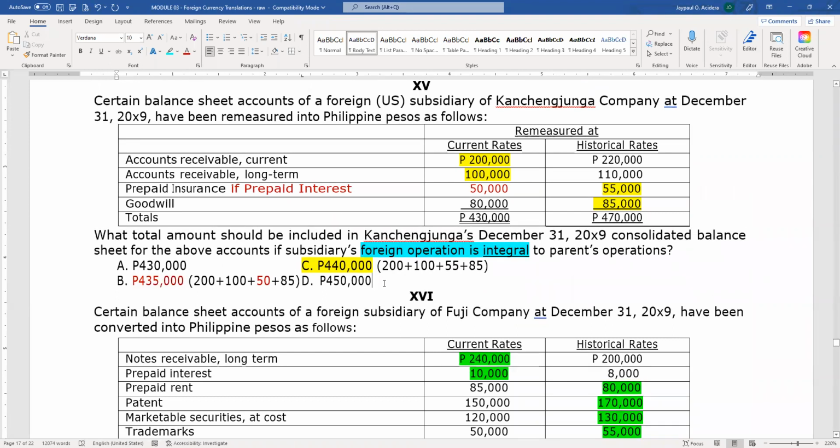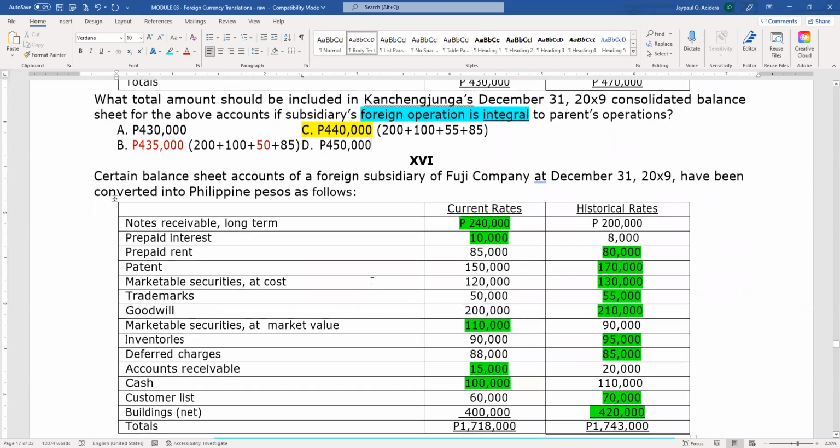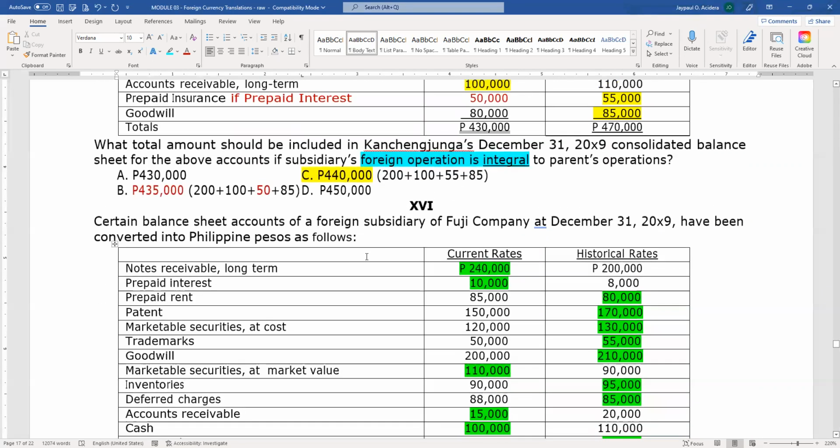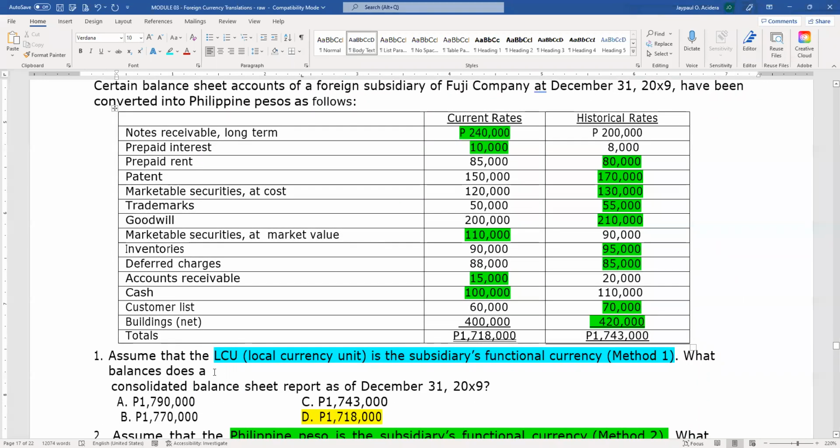And so that's one way to identify kung method 1 ba or method 2. Another way, class, minsan hindi nila sasabihin na foreign operation. Minsan ang ibibigay sa inyo is the functional currency. So for example here, sabi niya, assume that the LCU is the subsidiary's functional currency. So for example, dollars. Okay? Dollars daw yung functional currency. So based on